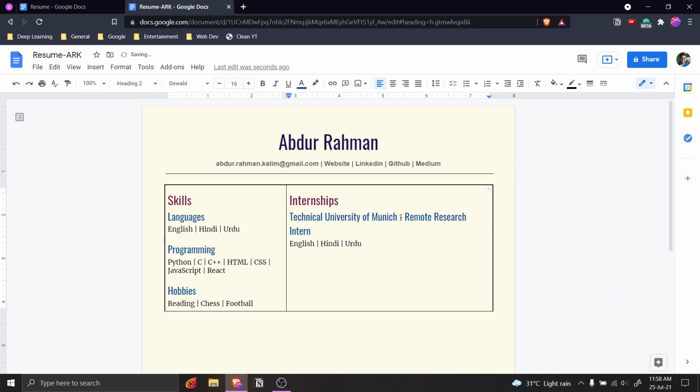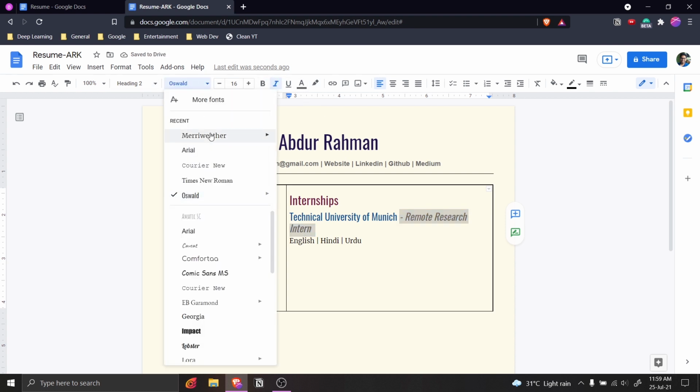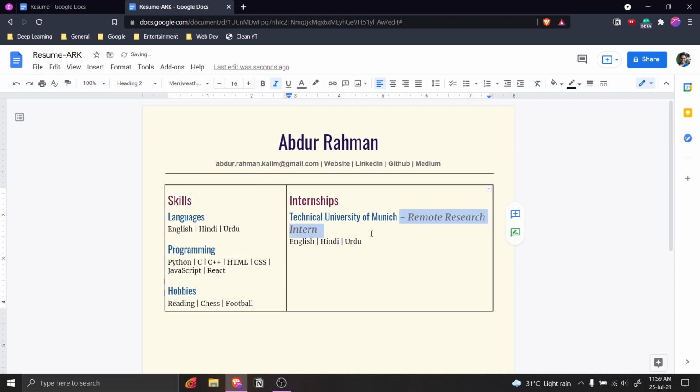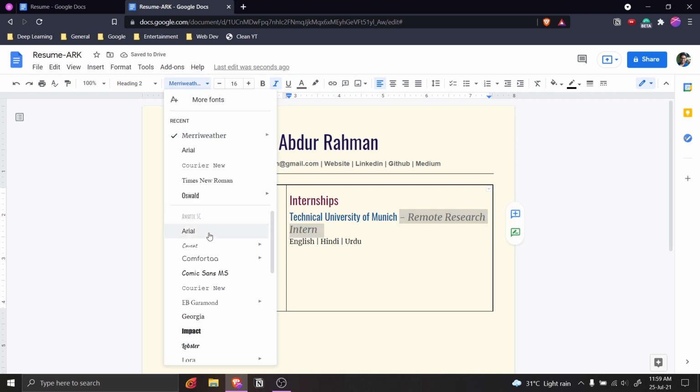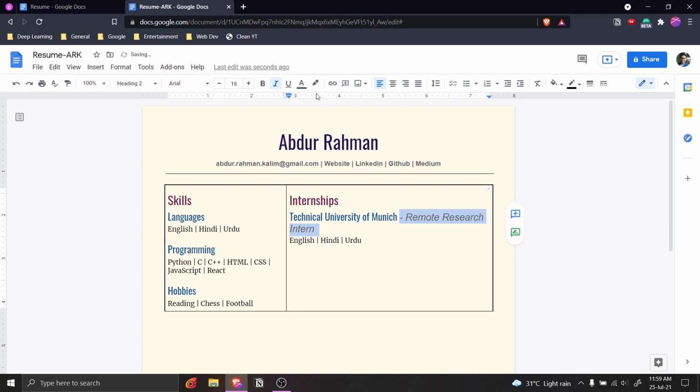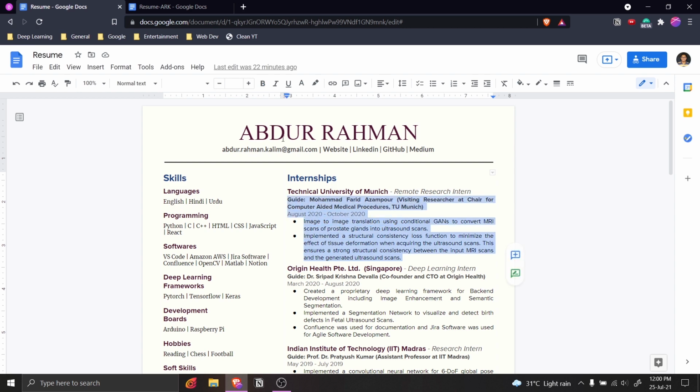so it will be intern, right? And let's change the formatting a little, because I don't want the heading and the designation to look exactly the same. So let's change the text color to a little gray. I guess this is too gray. This is fine. And let's make it italic and change the font to Meriwether. Okay. No, I guess Meriwether doesn't look good. Yeah, Arial is better, and reduce the text size as well. So reduce the text size like this, right? This looks better.